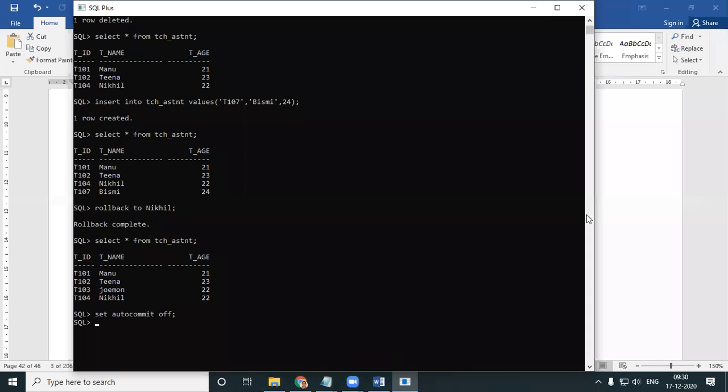That we already did. B part, rollback to a save point statement. That we did halfway. The second half portion, you will have to do it yourselves.